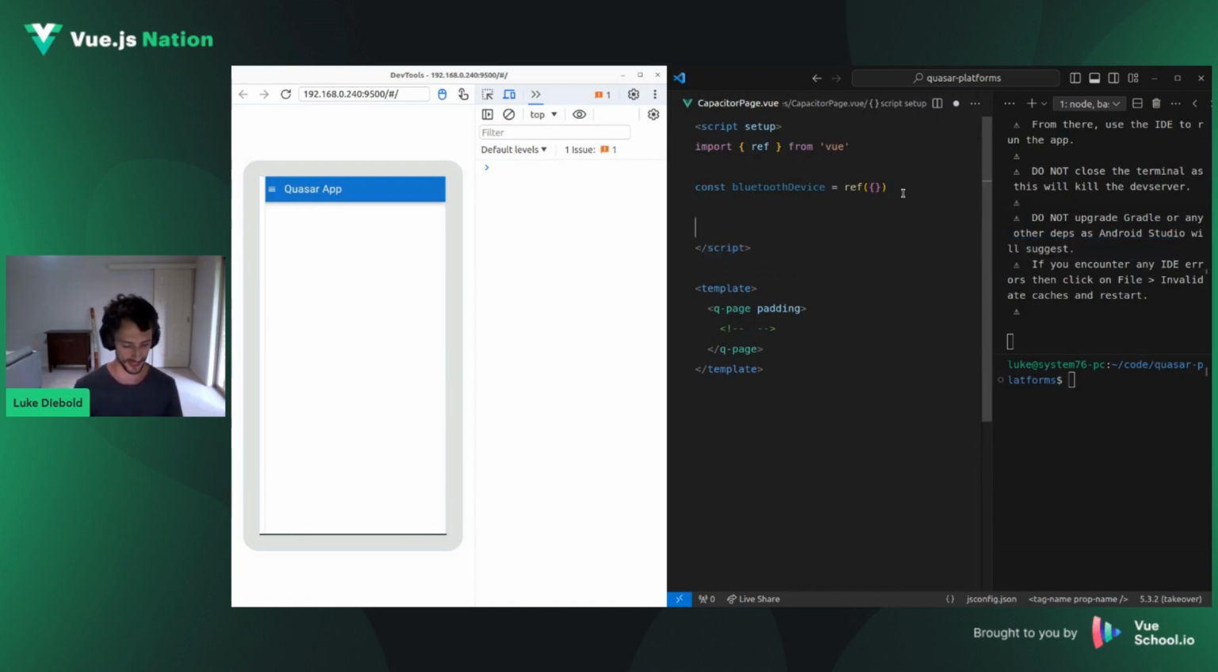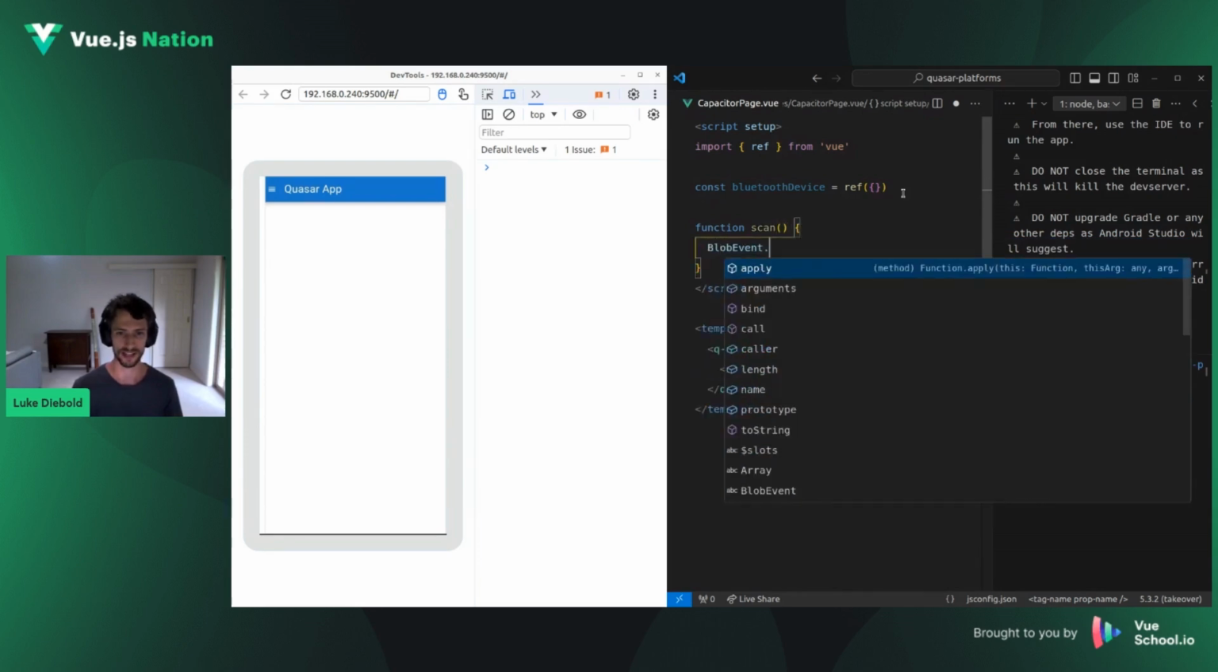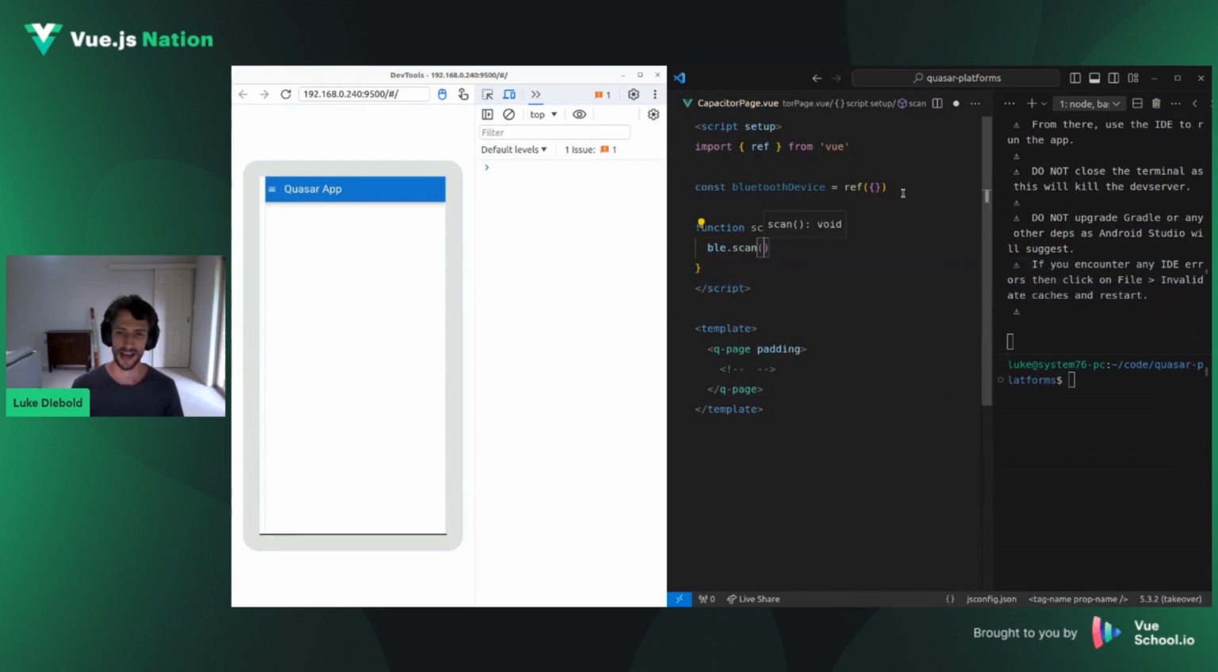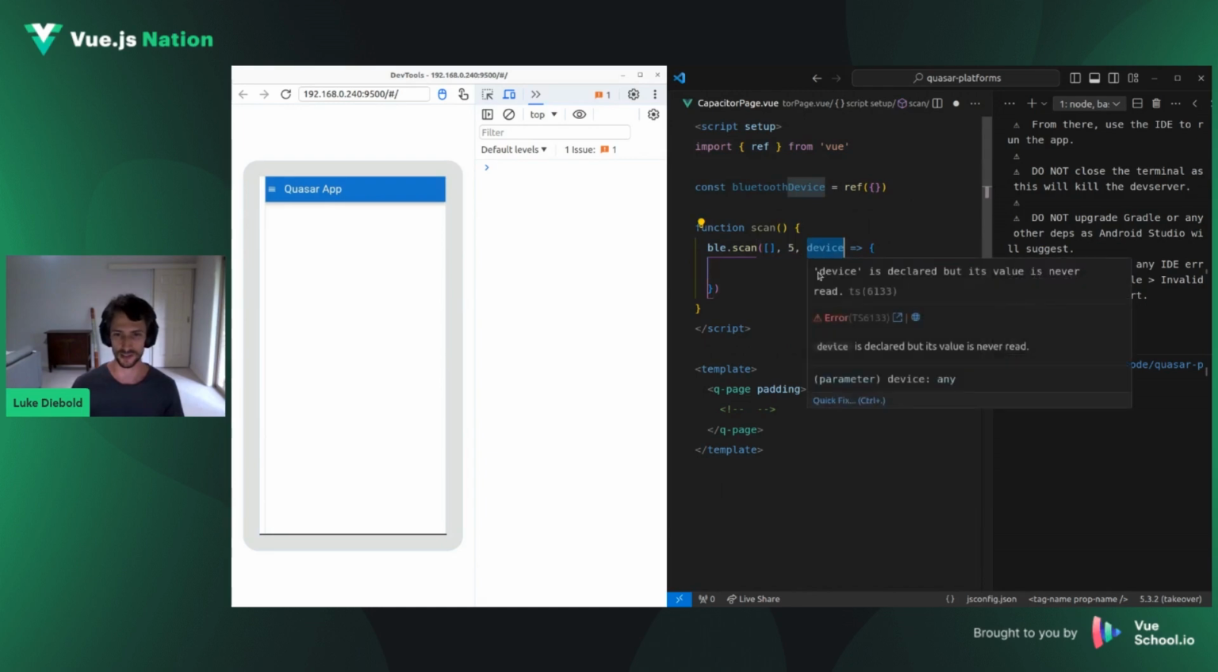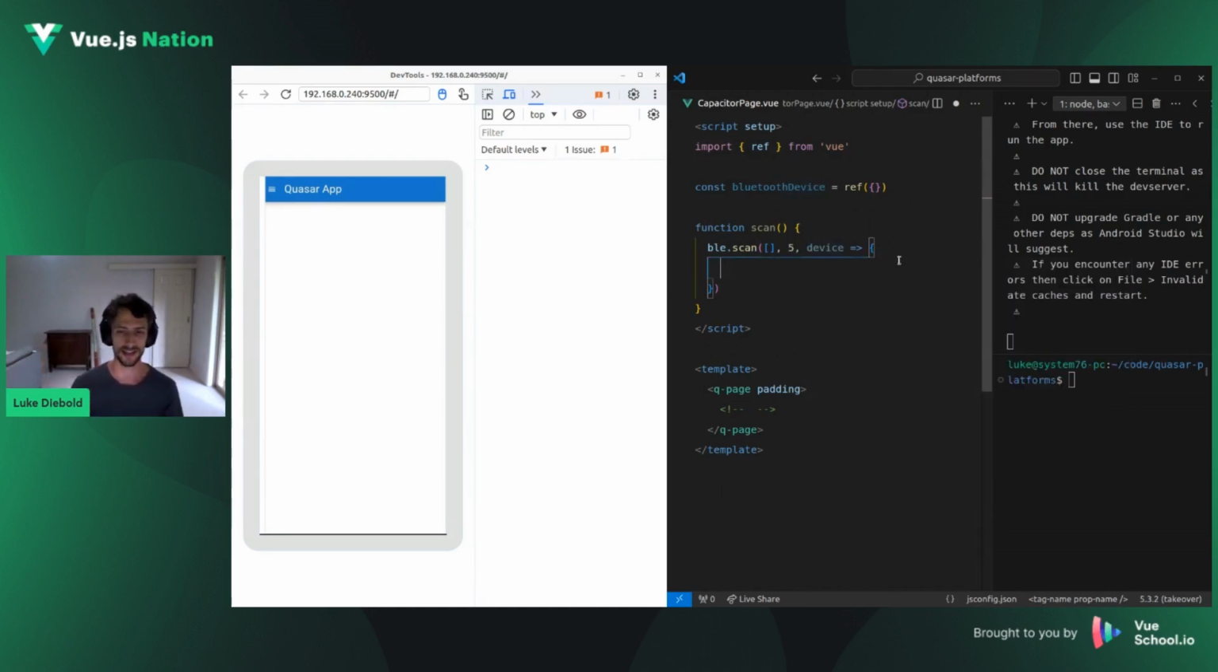So now we can say, for example, let's have a function that does some scanning. And then we can say ble.scan, whoops, done a weird import thing there. Then we say the services that we want to scan for. I'm going to leave that as an empty array, which basically means just scan for everything. Next, we'll say how long we'll scan for, which will be 5 seconds. And then when it's finished scanning, we can take in the device that it's found. So every single time it finds a new device, it calls this callback,